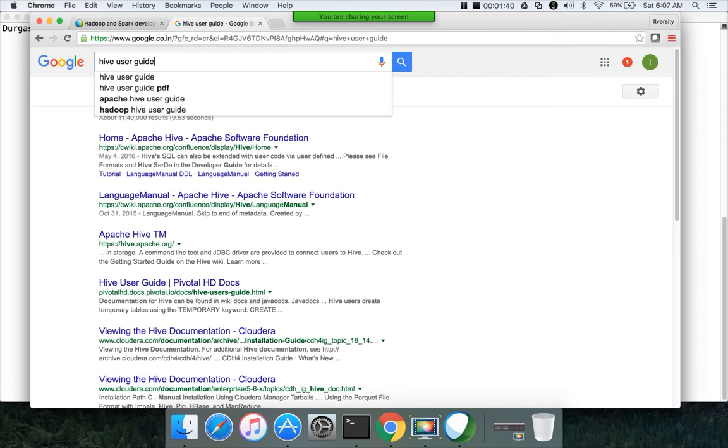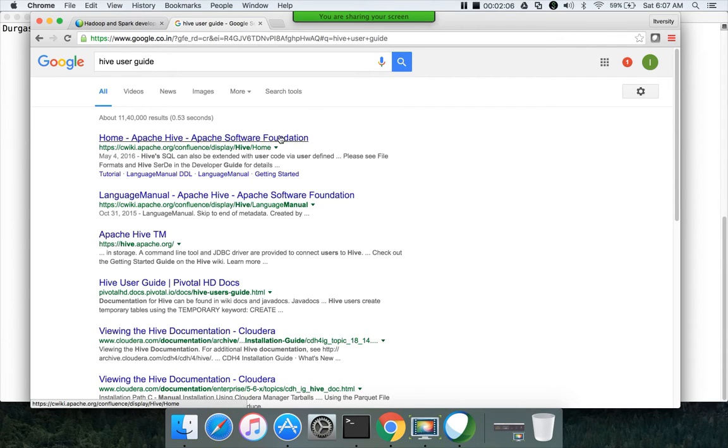Developer guides are for those who want to fork the source code of Hive or Sqoop or Pig and then customize it for their needs. We are not developers of Hive, but we are the users of Hive as part of our development effort for the projects at the client. So you always have to search for the user guides of the respective tool to start exploring any technology, especially in the big data ecosystem. So you can go to this one.